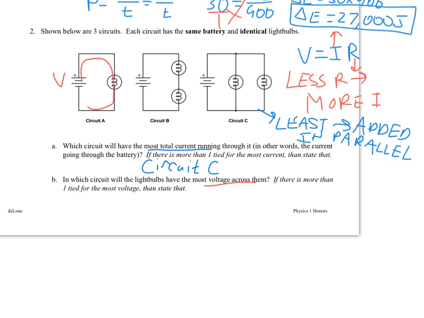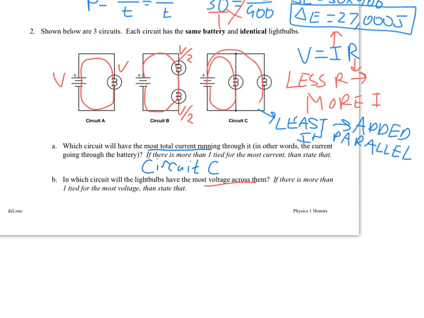So circuit A, the only bulb on that circuit is the single bulb in there, so it loses all of the voltage across that bulb. With B, all right, there's actually two bulbs, so each one is going to get half that voltage, whatever it is. And then with C,